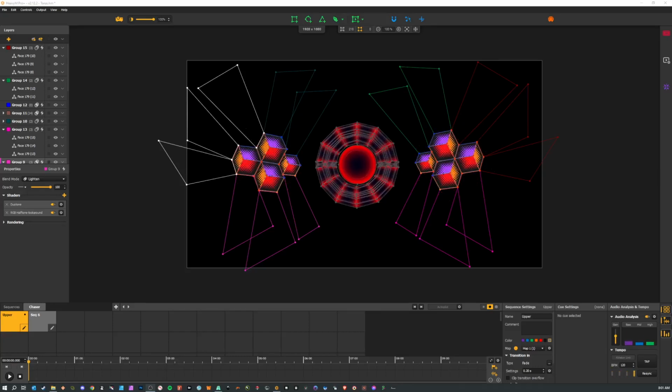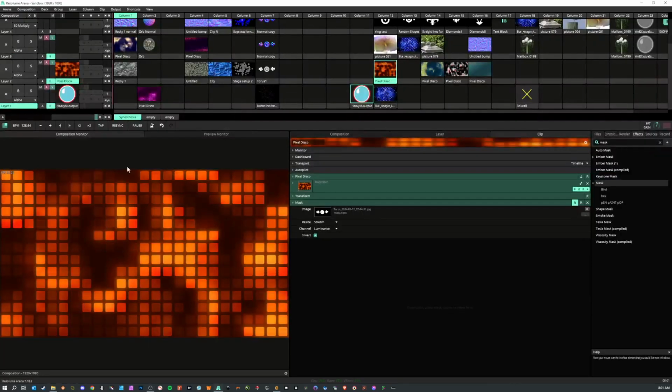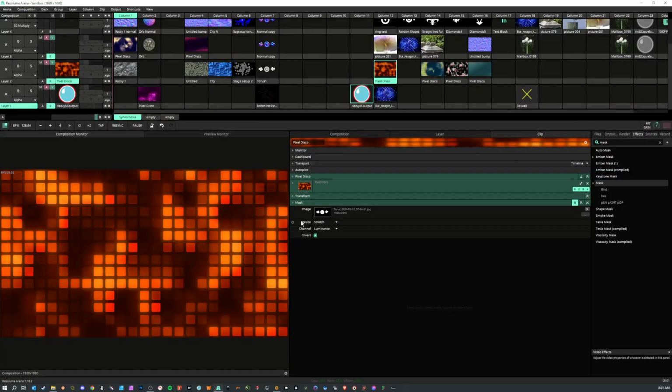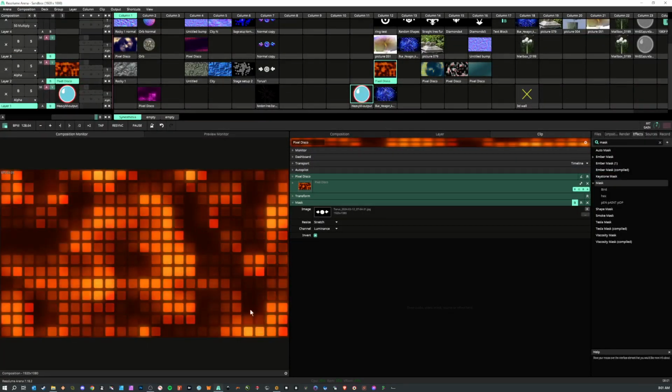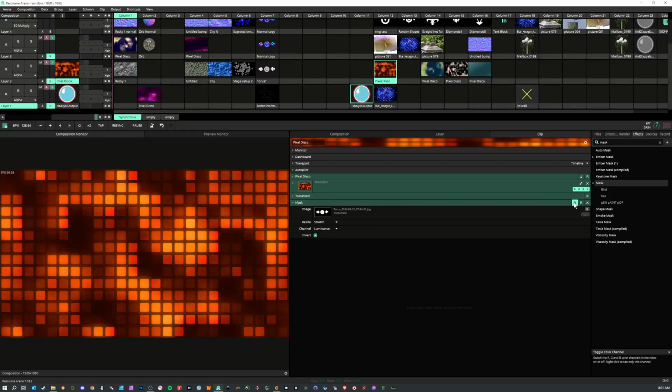HeavyM tips and tricks number 3. This is the example of using masks within HeavyM. There may be cases where you want to be able to use specific areas in another program. For example, I have this example of Resolume Arena where I've used a mask to patch in this particular